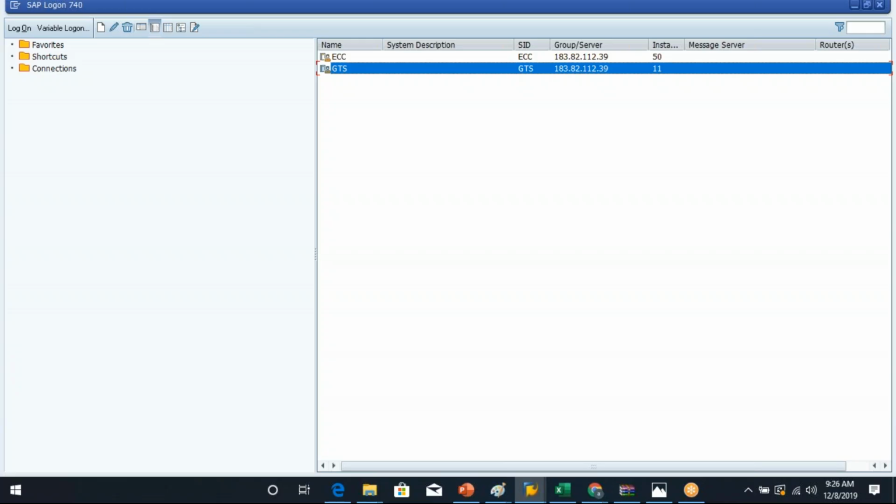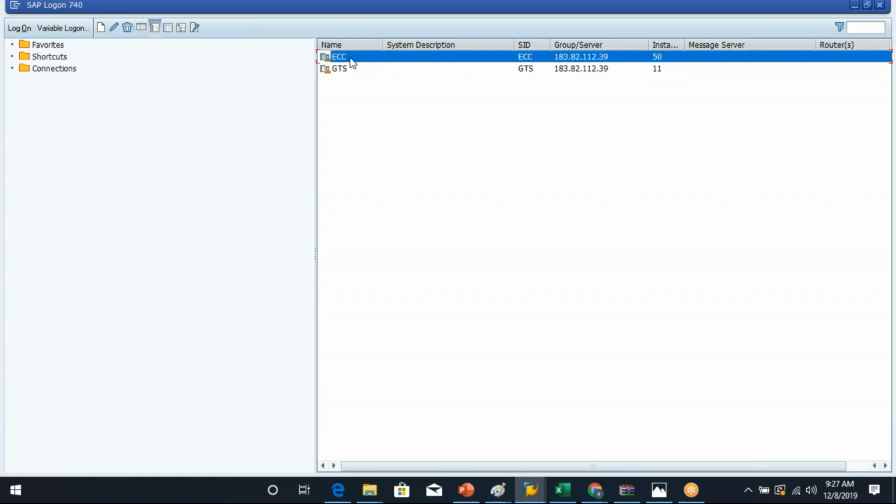It's called SAP Logon Pad, or also GUI, Graphical User Interface, SAP GUI. Some people call it SAP GUI, some people call it SAP Logon Pad, some people just call it logon pad. Okay, and under here you can define a number of systems. For the given logon pad, for the given SAP GUI, you can define, as I told you,